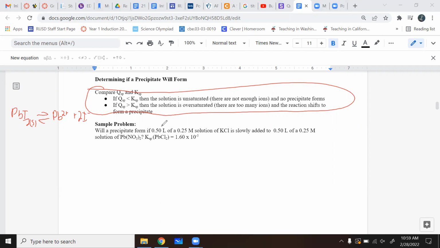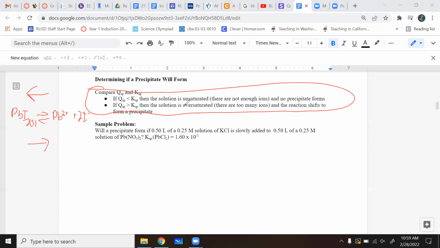So if our QSP is bigger than our KSP, that means our reaction is going to shift to form that solid, shift to the left. If our QSP is smaller, that means our reaction is going to shift to the right and favor more dissolved